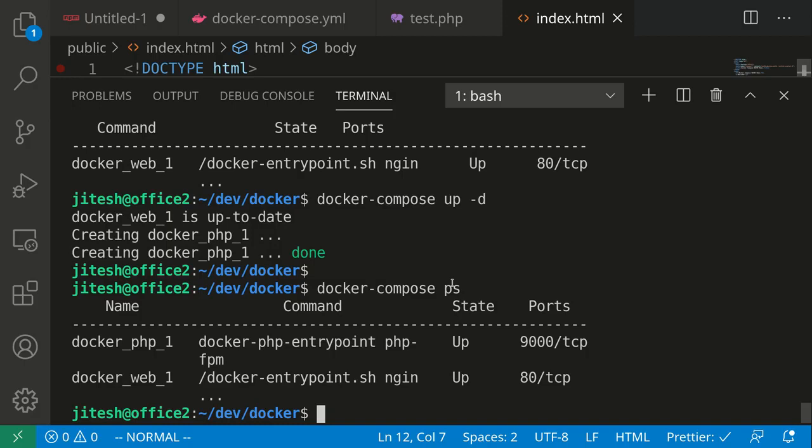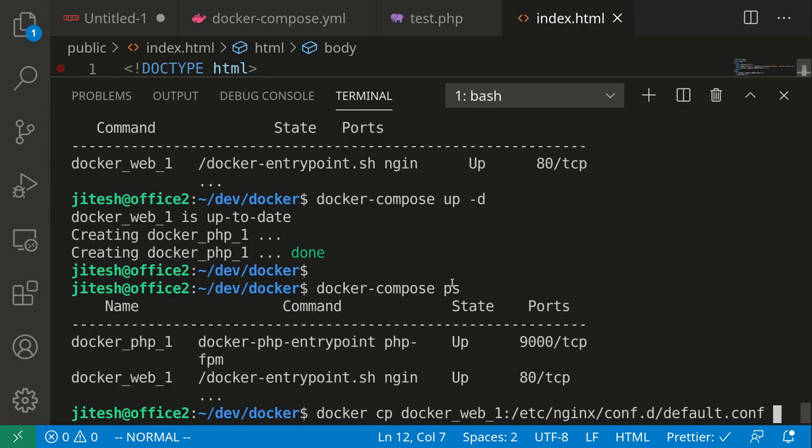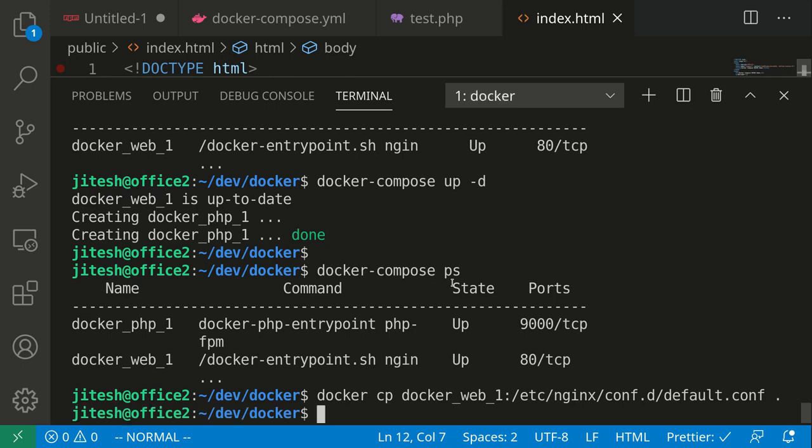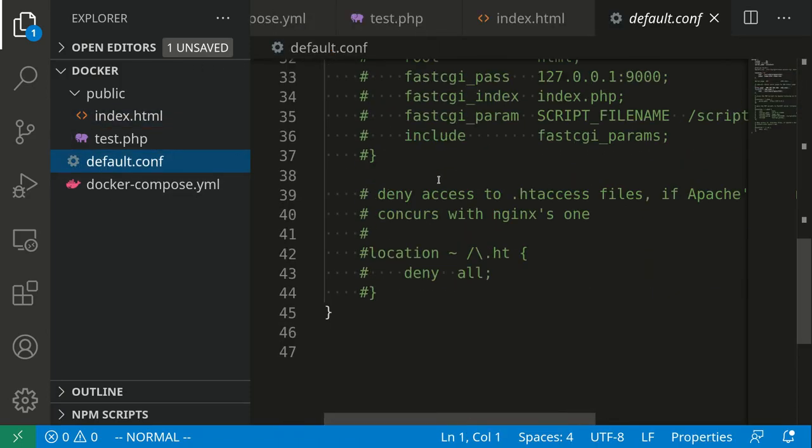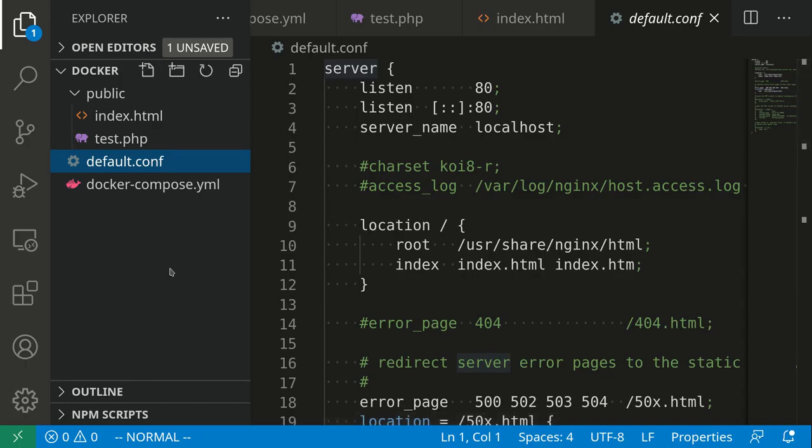So let's copy the default.conf. We use the docker cp command. There is no equivalent in docker compose for that. You give it the name of the container and the path, which is etc nginx conf.d/default.conf. And then this is the file we want to copy. So let's copy it to the current directory here. And once I do that, I have the default.conf. This got copied from inside the container into the host,